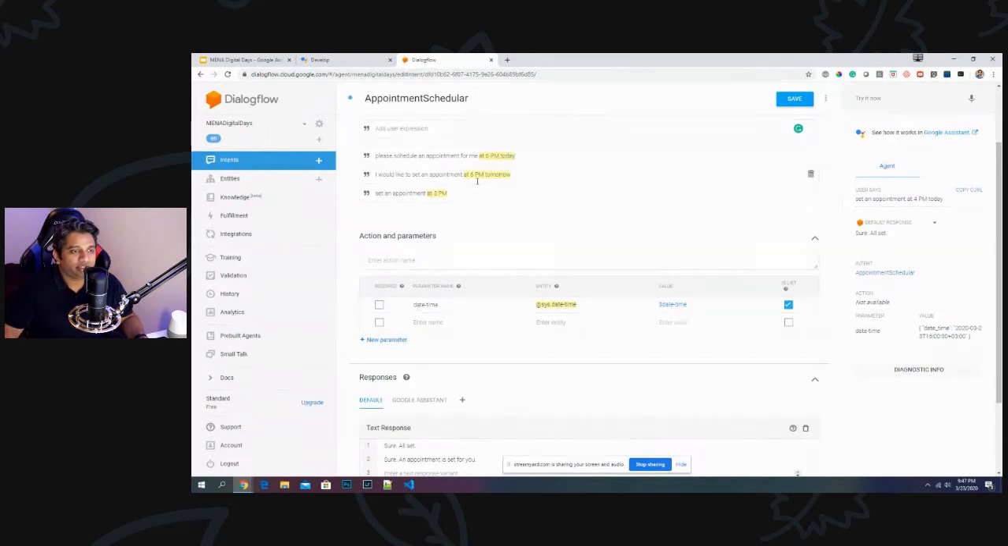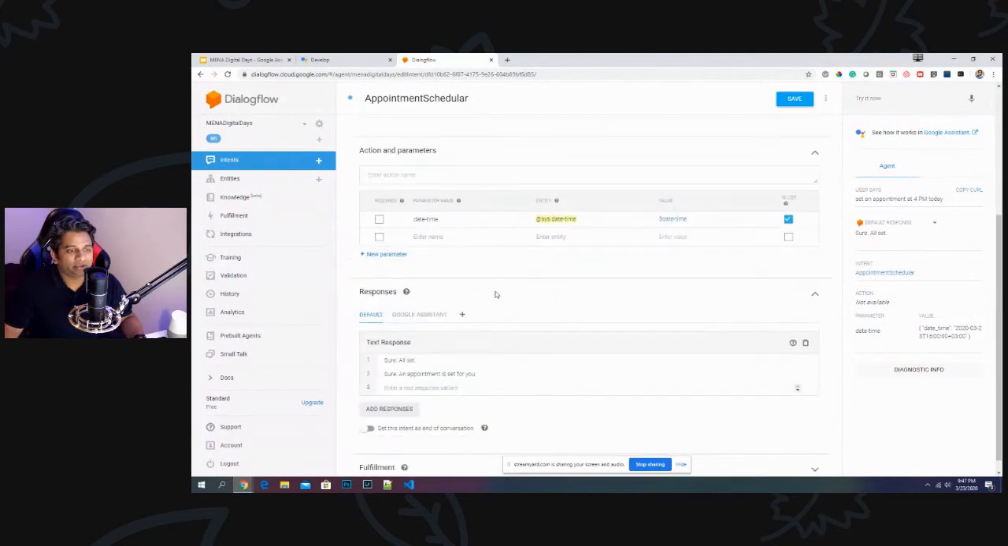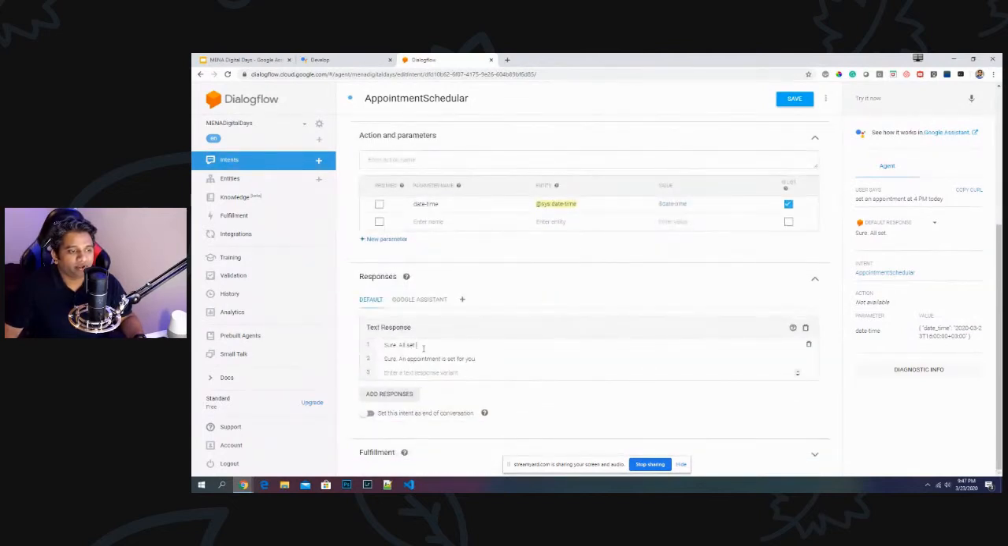So here you can see it has added this as date and time together. You can also separate this out as 3 p.m. as time and date as tomorrow or today, so that you'll have two different values. So at any point when you're interacting with this conversation, you know that you're talking about time and date, so you're getting that information over here. So if I say all set for dollar date time,